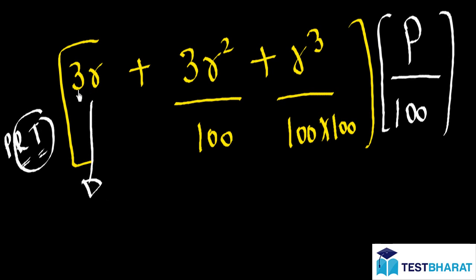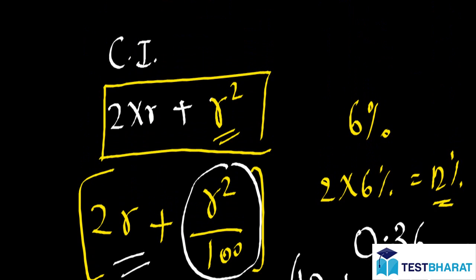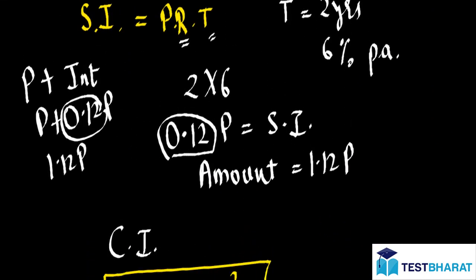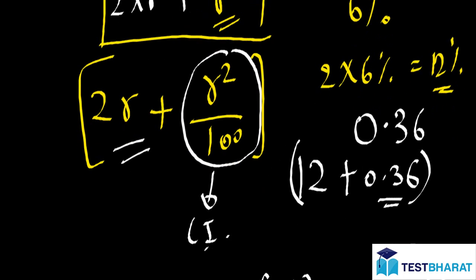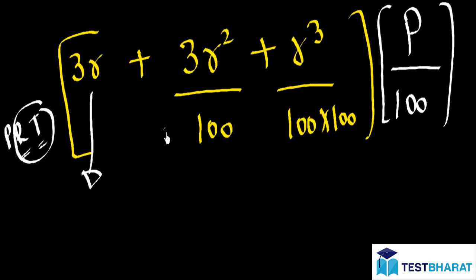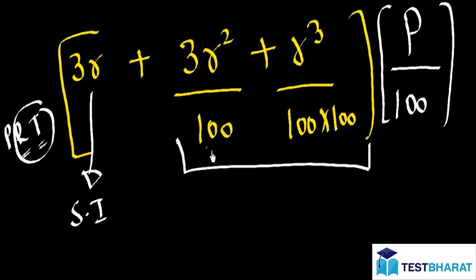So in this video I told you how to break up the formula when the time period is given as 2 years, and we have to know the difference between calculating simple interest and compound interest. So R square by 100 is the factor which just distinguishes the simple interest and compound interest when the time period is 2 years. And now I'll tell you what is the difference between simple interest and compound interest when the time period is given as 3 years. So 3R is just a part of simple interest. So this is the part which differentiates between the simple interest and the compound interest.